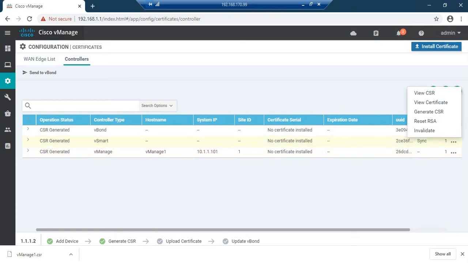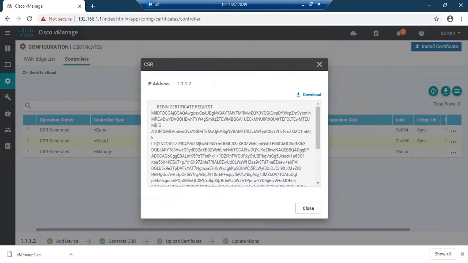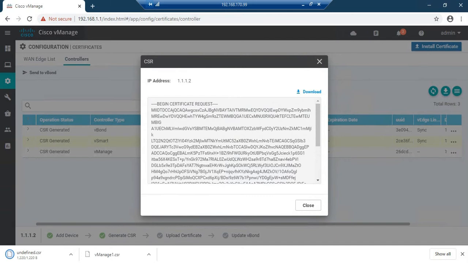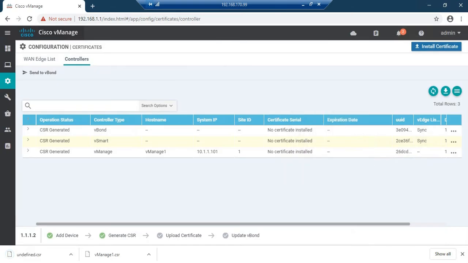Now let me view the CSR of BSmart. View CSR. Let me download it. Let me rename it.